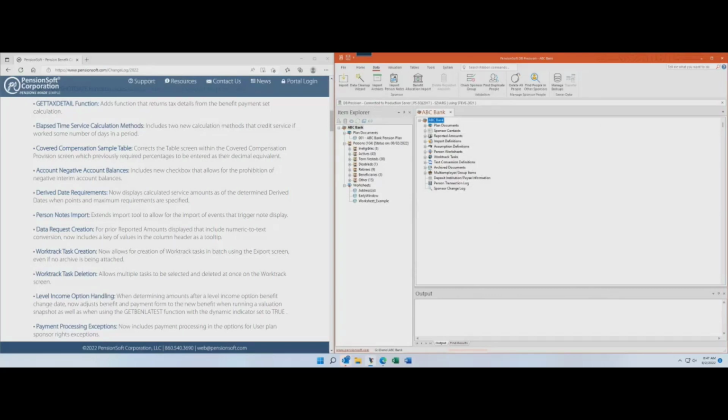For the data request creation, for prior reported amounts display that include numeric to text conversion, we now include a key of values in the column header as a tooltip. So what this just means is, and I had an example of one of these data requests already created. It does take about 30 seconds, so I'm not going to run one right now. But basically, what you would see is that just like we already had for things like valuation status and other items and help for the user that's seeing the data request,